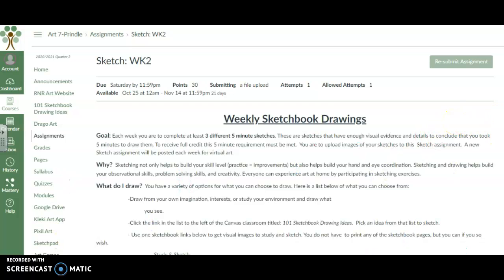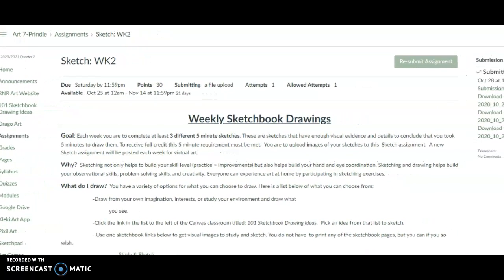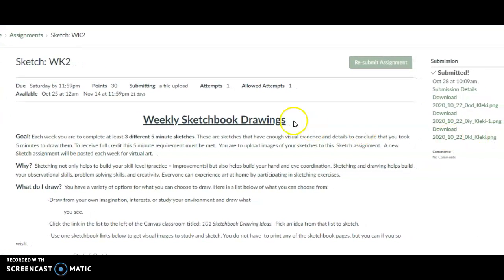Let's say you accidentally submitted your assignment. Let me slide my recording bar over here. Let's say you accidentally submitted 2 sketches and you forgot one. Well, you can only submit one time. The reason I locked it to submitting one time is because if you resubmit, it erases whatever you put in there before. So if you forgot something and need to fix it,